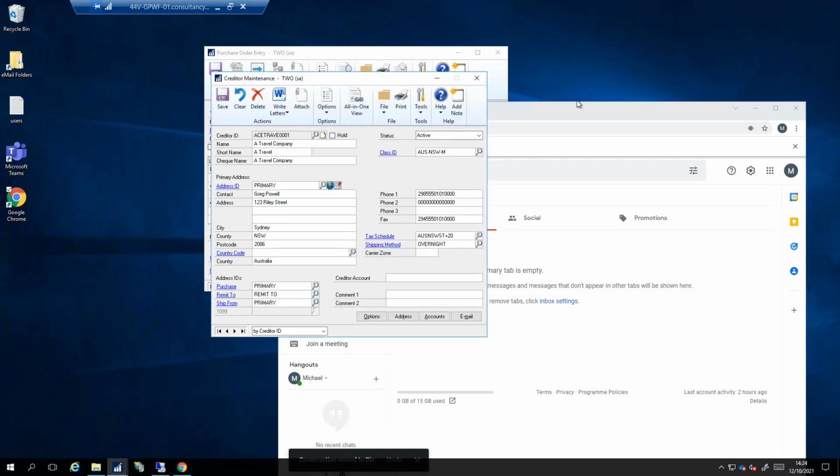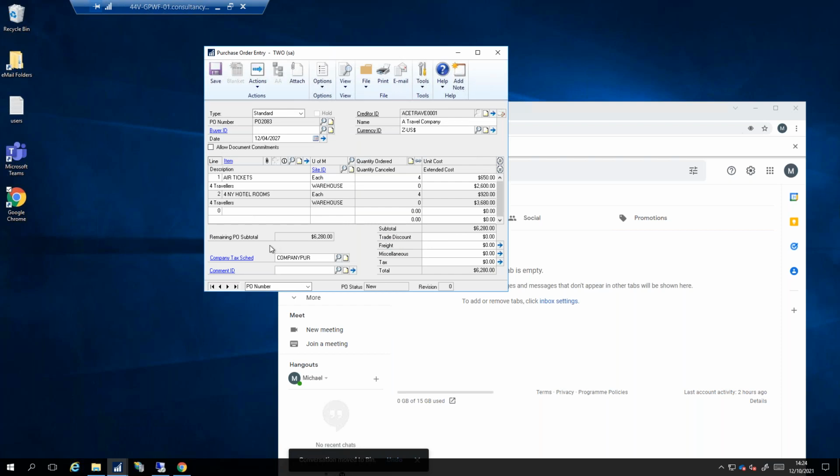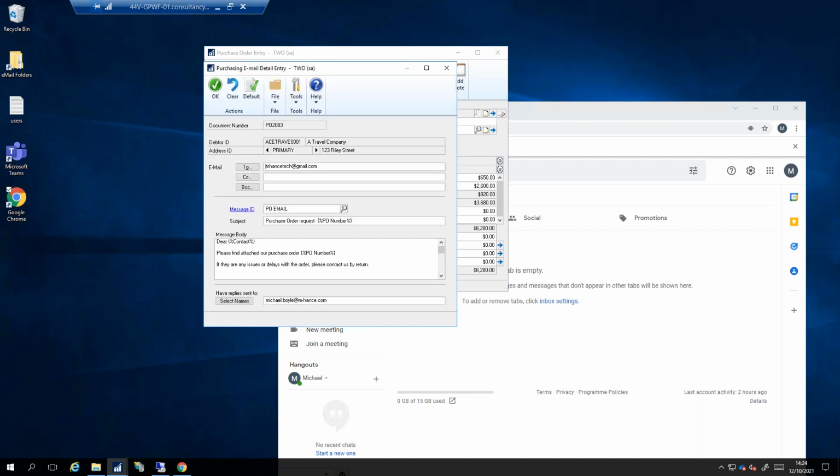So we can see here that we don't have an email in here, but we can see that that is the email address that that's going to. So if I want to email this out to the supplier, which is effectively the same as releasing it, as printing it, I could automatically hit the email button here, and with them having an email address, it is going to go out. But we can have a look at the creditor ID. Because I have an email address set up, we can see there's a little email icon here to the right of the creditor. I can click on that, and we can see that there's a standard email that has been set up within the system that is going to email out to the